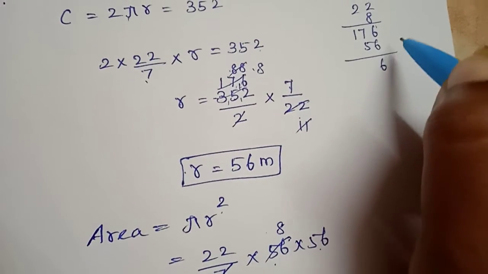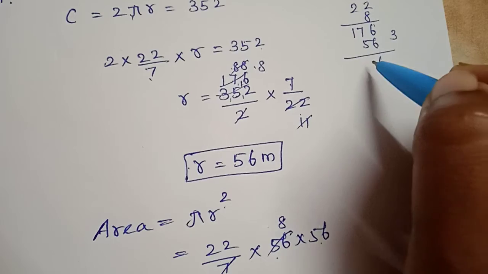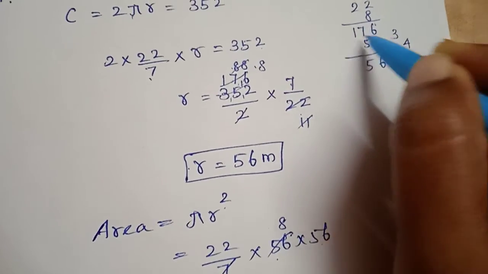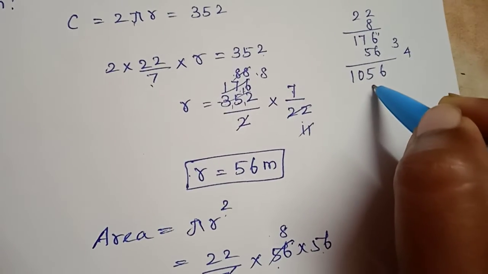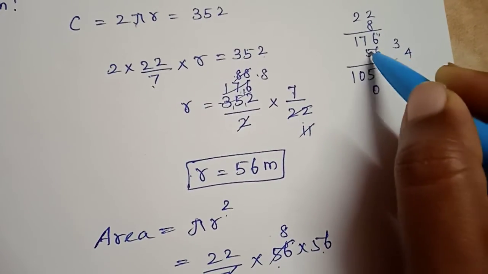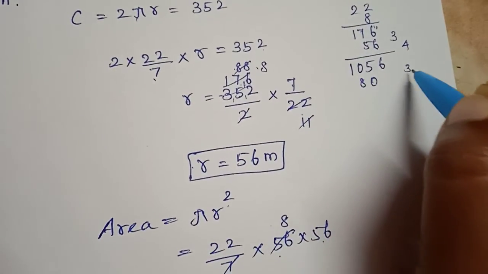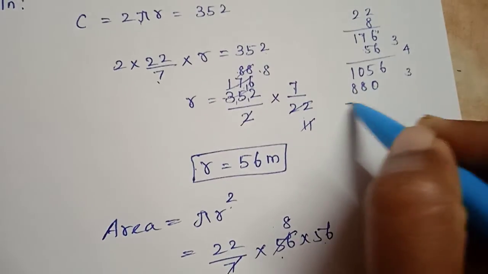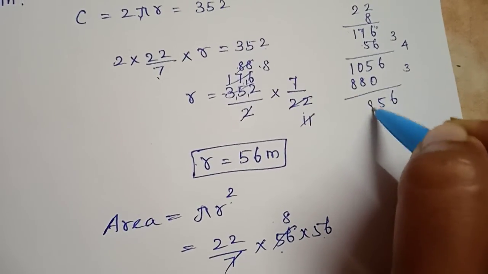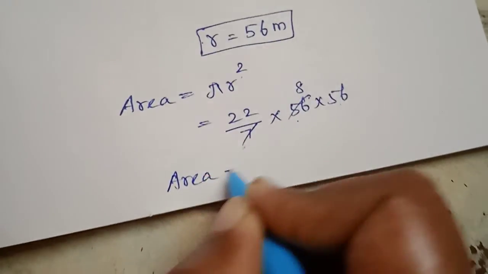6 6s are 36, remaining 3. 6 7s are 42. 42 plus 3, 45, remaining 4. 1 into 6, 6. 6 plus 4, it is 10. 5 6s are 30, remaining 3, 5 7s are 35, 35 plus 3, it is 38, remaining 3, 1 into 5, 5, 5 plus 3, it is 8. We'll add, we'll get 9856. Therefore, area equal to